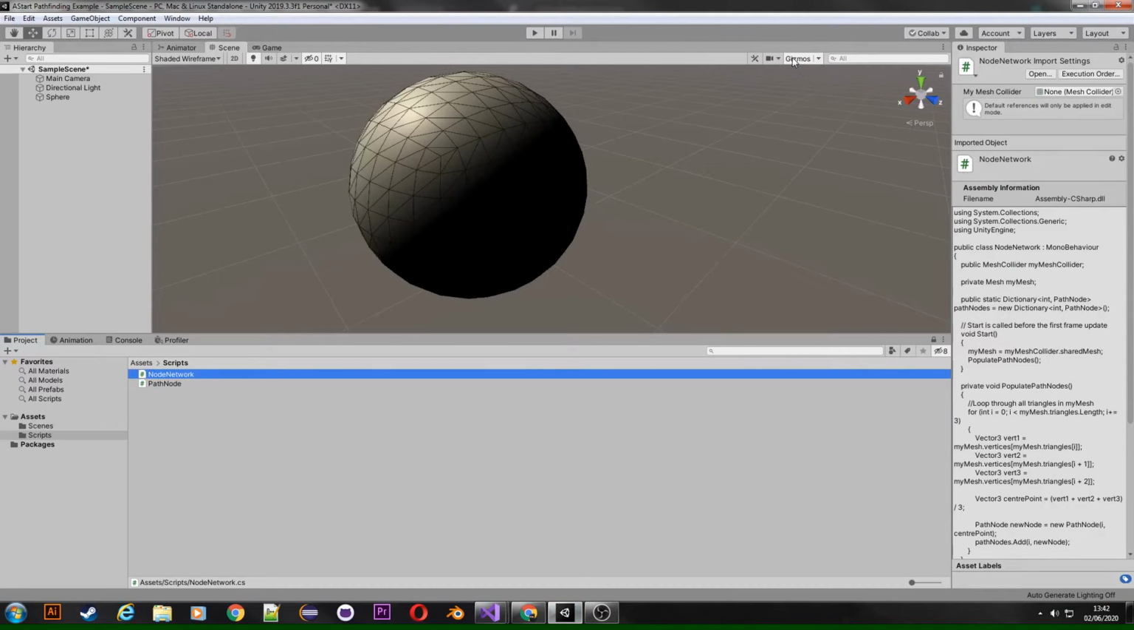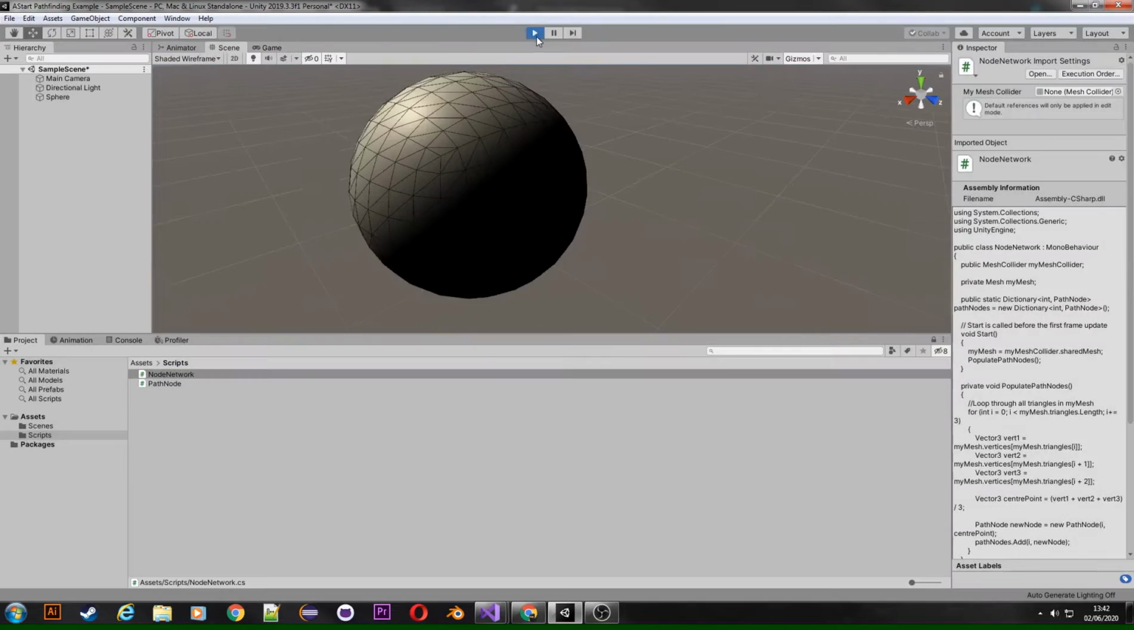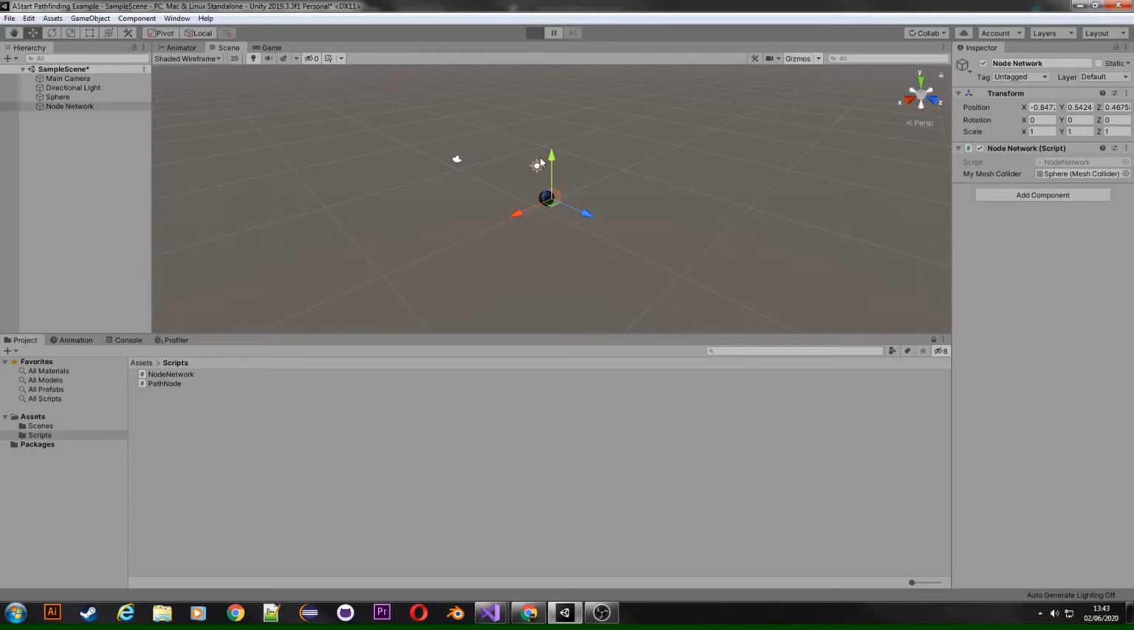Okay, so now if we save this and we return to Unity, we'll just need to make sure we've got gizmos turned on here, and if we hit play, oh, we'll get an error actually, or not an error, but we've not actually created an object to store our node network script. So we'll create an empty game object. Let's call this node network, and we can drag our script onto that. And here we see it takes in a mesh collider, so we can just drag our sphere onto our mesh collider, and now if we hit play,